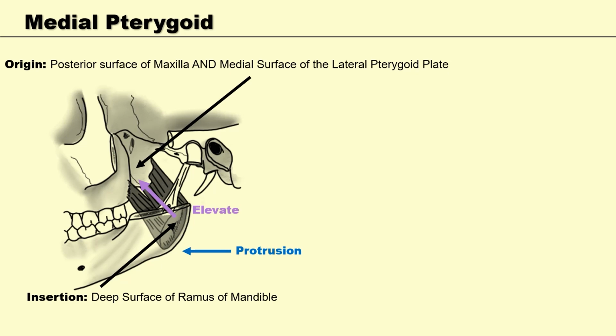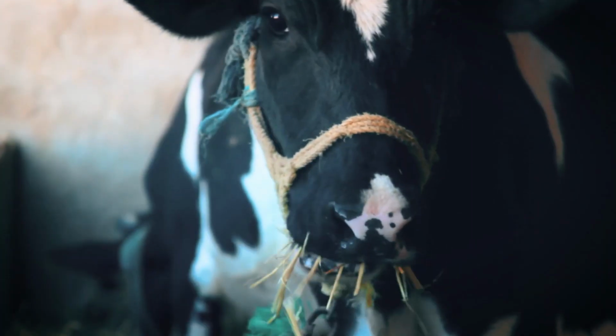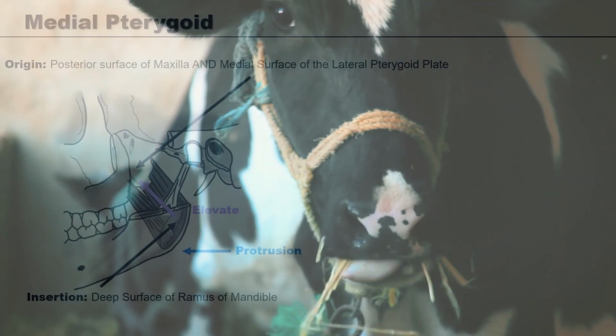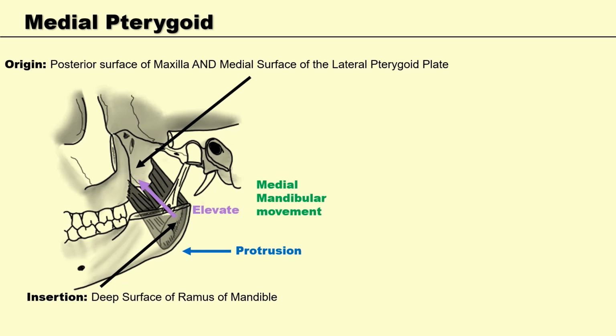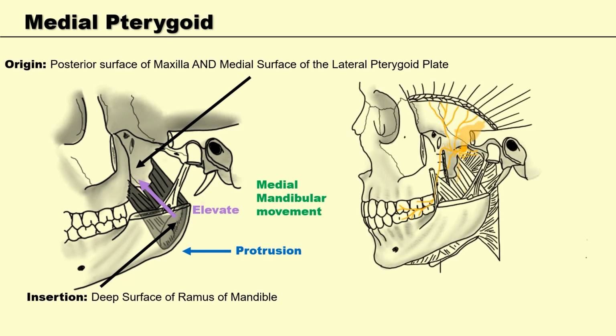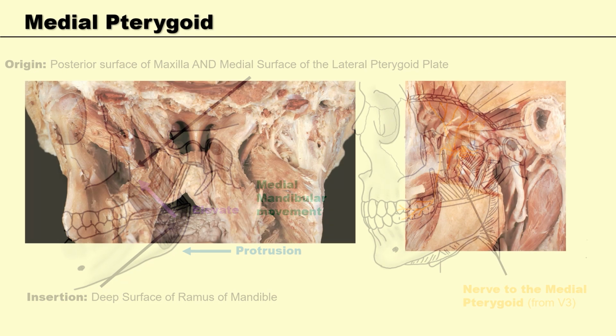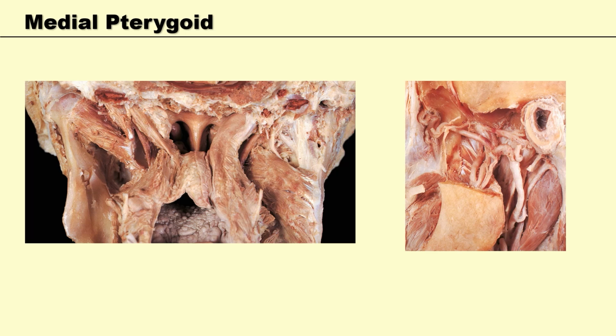Like with the lateral pterygoids, when each side of the mouth is operated independently, they encourage side-to-side movements, as seen in our lovely cow Clover. The innervation comes from the nerve to the medial pterygoid muscle, from the mandibular branch of the trigeminal nerve. The cadaveric image allows us to see the medial pterygoid muscles. For the purposes of orientation,